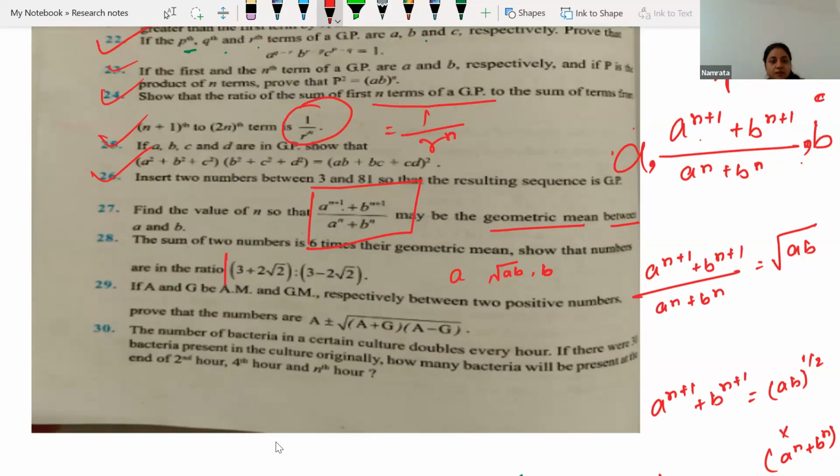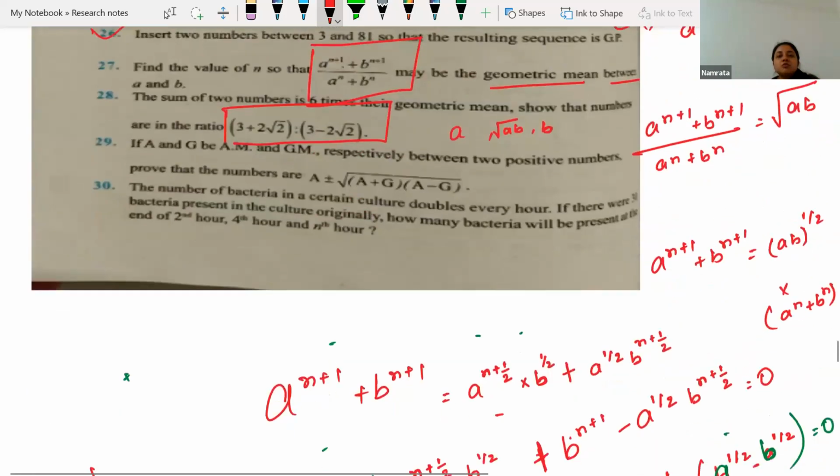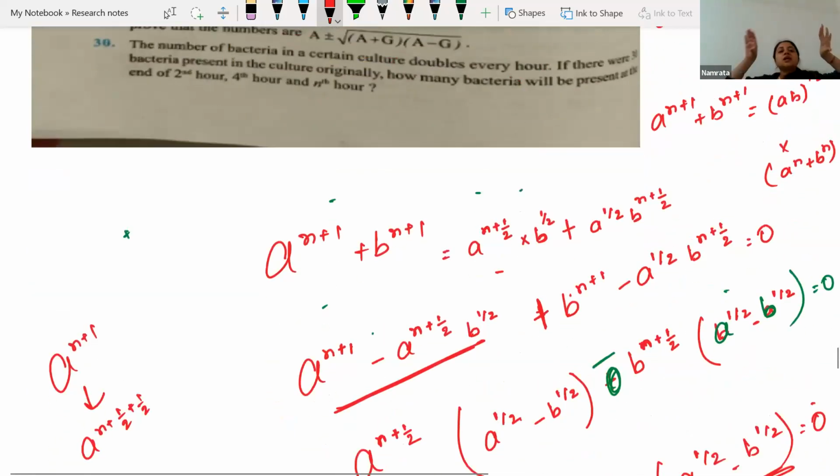Can you see, Lena? Yes, ma'am. Is it clear? Let's summarize the whole thing, what we did. Here the question says that the sum of two numbers is 6 times their geometric mean. If I am taking one of the numbers as a, another number as b, the sum of this a and b is 6 times their geometric mean. What will be the geometric mean? Root ab. Geometric mean means the product of these two inside the root sign,